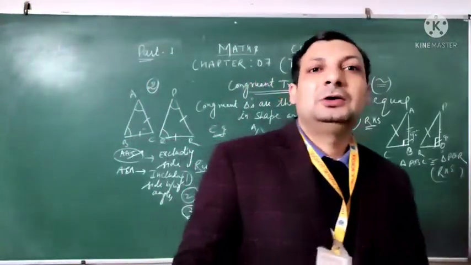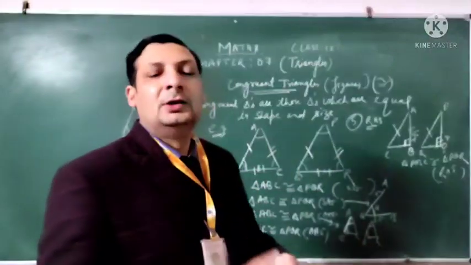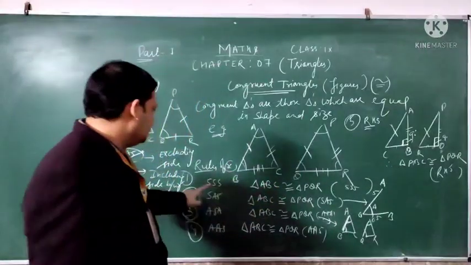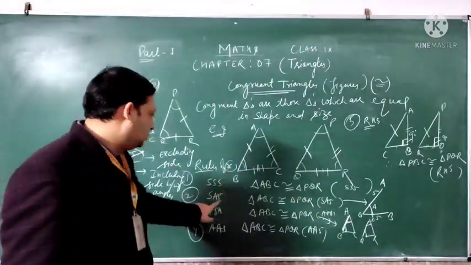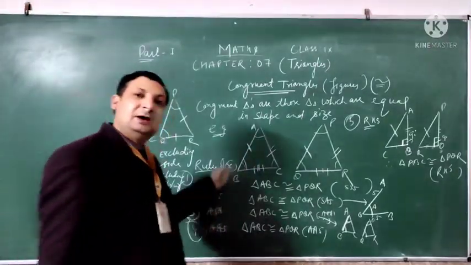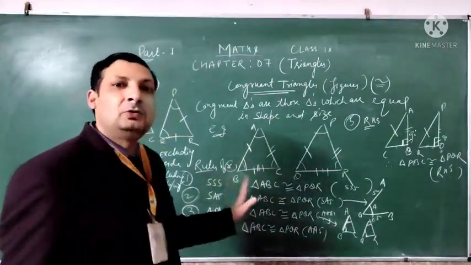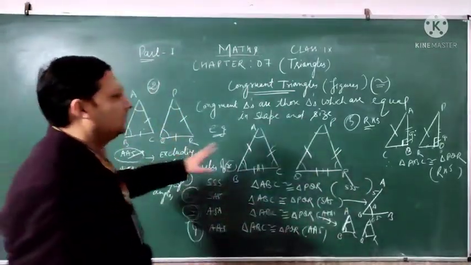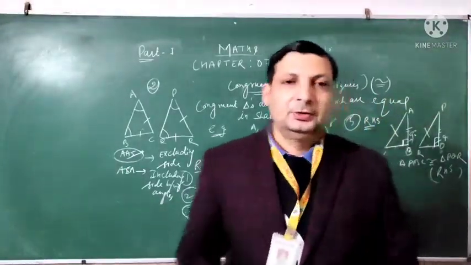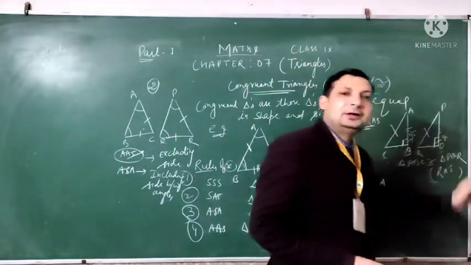Congruent figures are those figures which are equal in shape and size, but whenever we have to prove any triangles which are congruent, we have to prove three parts, and three parts will be these. SSS means all three sides. SAS: two sides, one angle, but here angle should be included between the sides. ASA: two angles, one side, means side must be included inside the angles, and AAS: any two angles and side will not include, exclude side. And last rule, that is called RHS, right hypotenuse side. Means I need to prove congruent triangle, right angle, hypotenuse and sides.